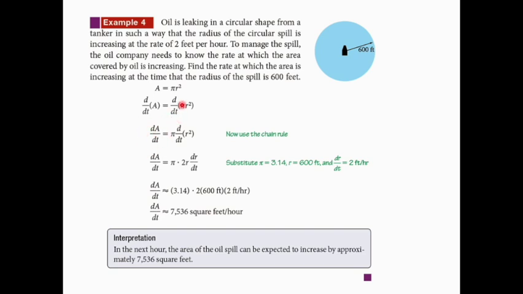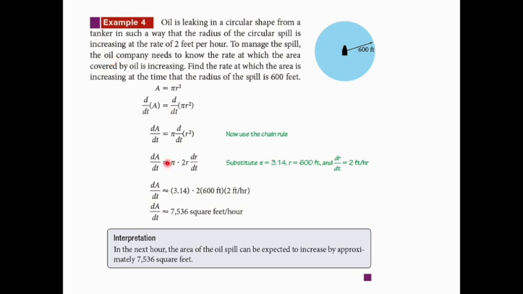Then pi, that can just come out front here. When I take the derivative of r squared, the 2 comes down in front, and then r is decreased by 1, and then I have to take the derivative of r with respect to time. Since the question is asking us to find how the area is increasing,